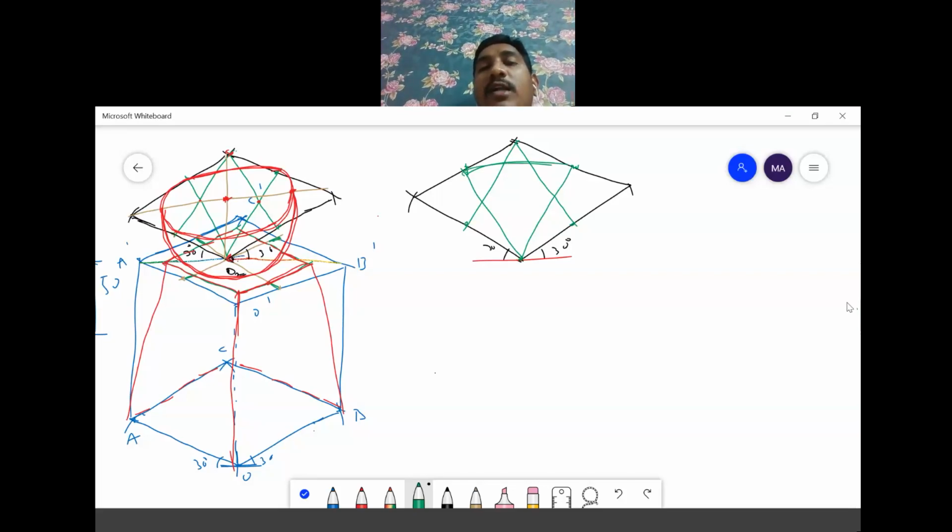I have drawn one arc, taking the top vertex as a center and this as a radius. Again I draw one arc, with this as a center and this as a radius, and another arc, with this as a center and this as a radius. After drawing this,